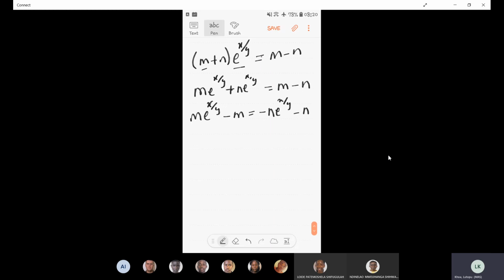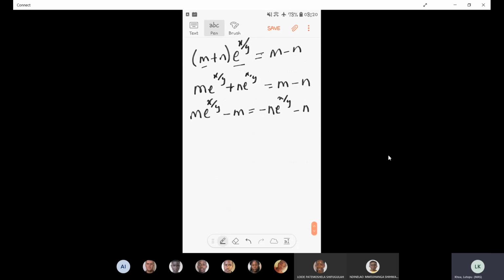Then I factor out m as usual. So I have m times e to the power of x over y minus 1. This is minus n e to the power of x over y minus n. Then I divide by the brackets. So I have m. This is equal to minus n